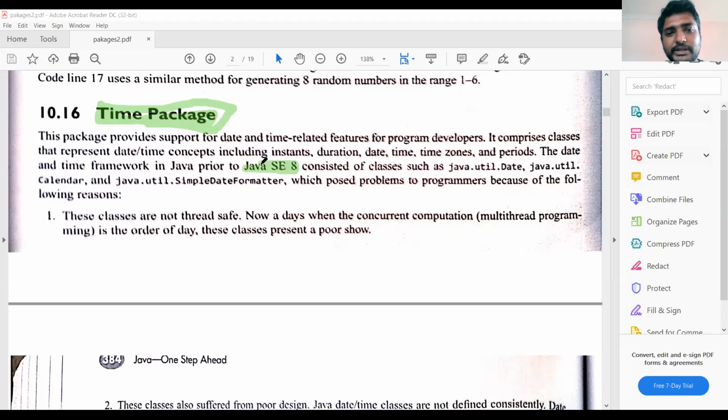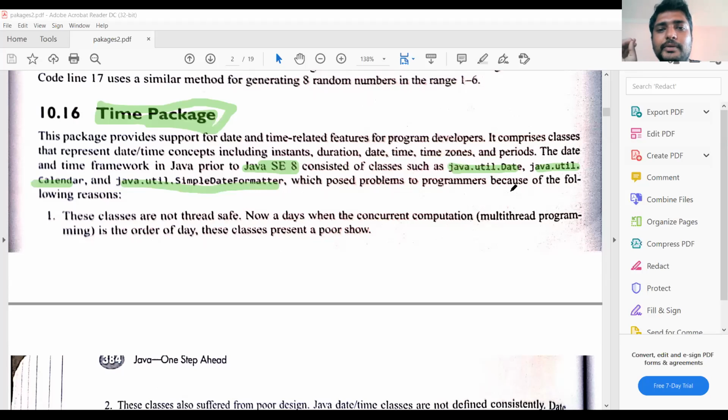In the earlier versions of Java, time and date were part of the util package: java.util.Date, java.util.Calendar, java.util.SimpleDateFormat. So the classes regarding date and time were part of the util package before Java version 8.